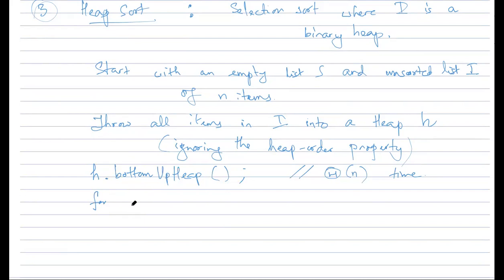then you, just like the standard selection sort, so you go i equal to 0, i less than n, plus plus i, and you do x equal to h dot remove min. So now, because this is now a heap, remove min, if you recall, that takes log n time,